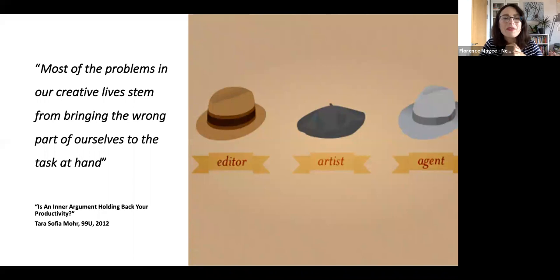Okay, before we delve into our big business talks, I would like to offer a little reflection for yourselves because I might talk about concepts and you might feel resistance from your creative self of not wanting to go there because I'm going to put things in boxes basically. I love this quote from Tara Sophia Moore, which says most of the problems in our creative lives stem from bringing the wrong part of ourselves to the task at hand. And she offers a model where each creative has 3 hats,